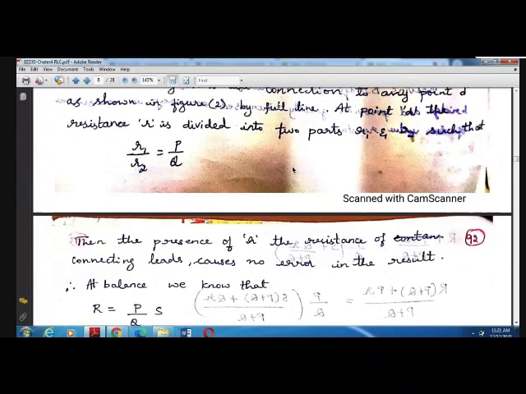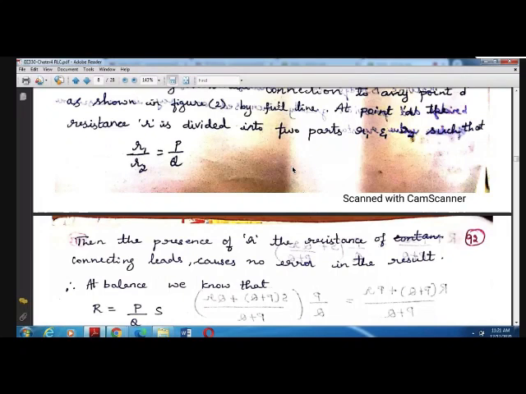So if I connect the galvanometer exactly at the point D, there will be no error in the reading. So we'll get the exact value because the galvanometer is connected at the center point. If I connect it to point M or N, what happens? Either we'll get a low value or a high value. We won't get the exact reading. So instead of making the galvanometer connection to those 2 points, if I connect the galvanometer directly to D, this contact lead resistance value will be divided and it will not lead to any error in the